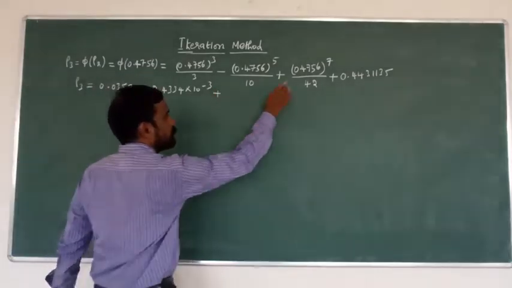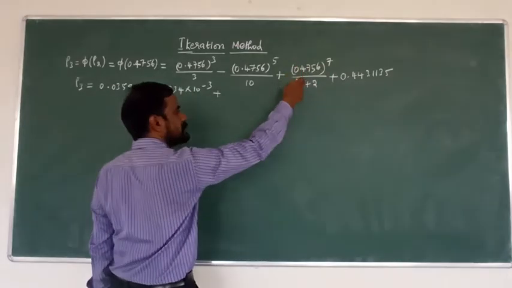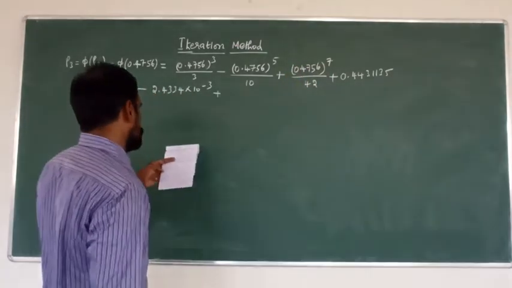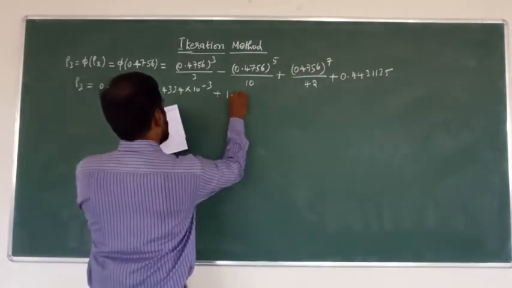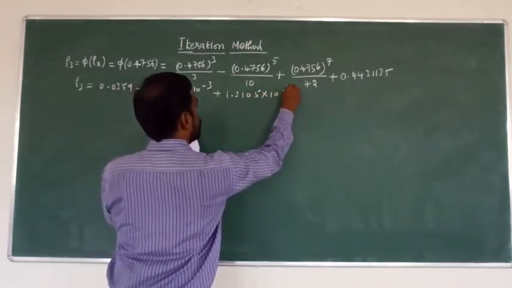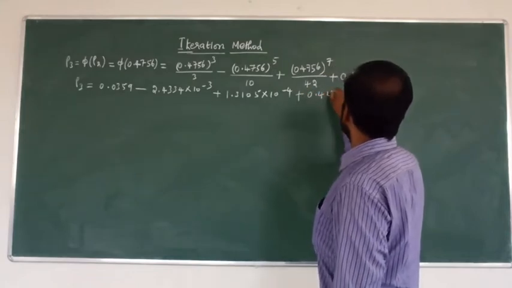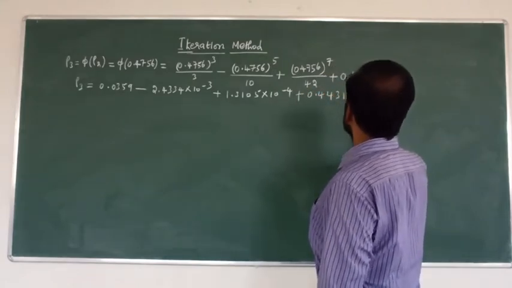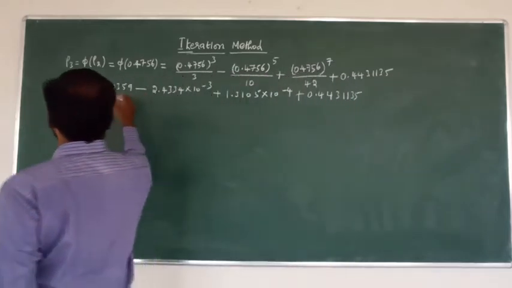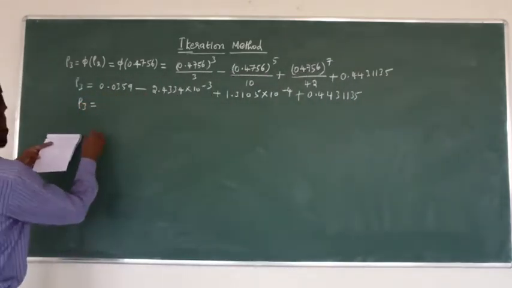Next plus 0.4756 power 7, that result divided by 42, we can get the result 1.3105 into 10 to the power of minus 4 plus 0.443135. Now add all the values, we can get the result for rho